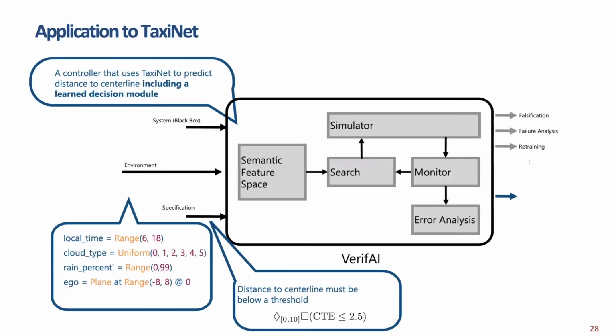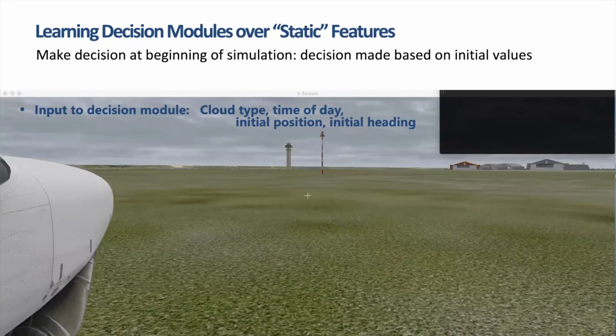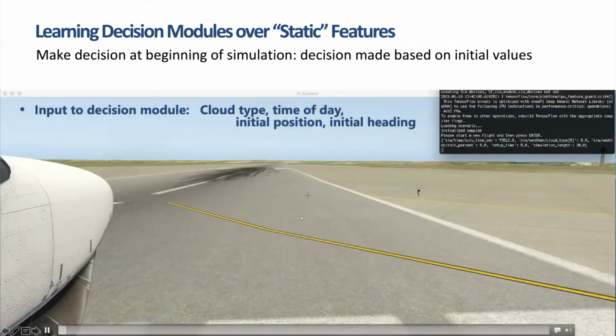So we did not just develop these parts, but we also implemented them and applied them to the TaxiNet example and some other examples. But I want to talk about the TaxiNet that Daniel already presented. And so now we're running a system with a decision module that we've been learning using Verify. And so this is the first video. Here we learned a monitor which only takes static features. So if I start the video,